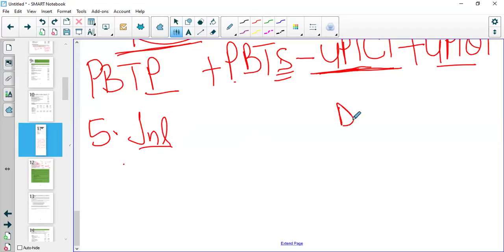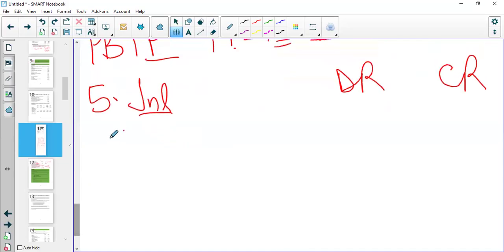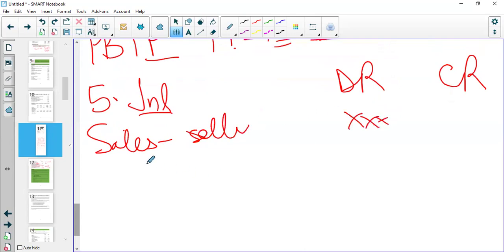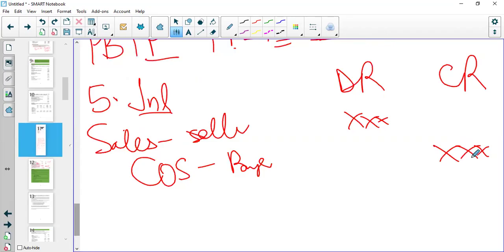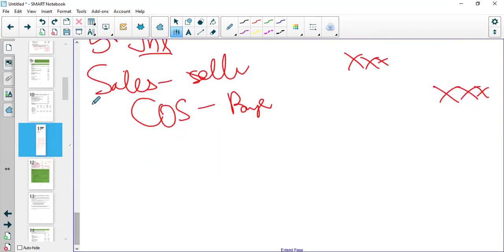Sales, so this is your debit, this is your credit, right? So we're going to have sales of the seller has to be debited, and cost of sales of the buyer is going to be credited. Is that difficult? Then we come to opening. So this is the intragroup sales. Then the unrealized profit